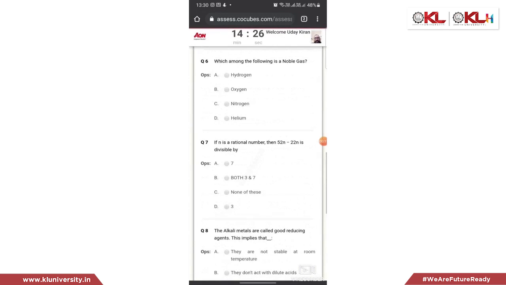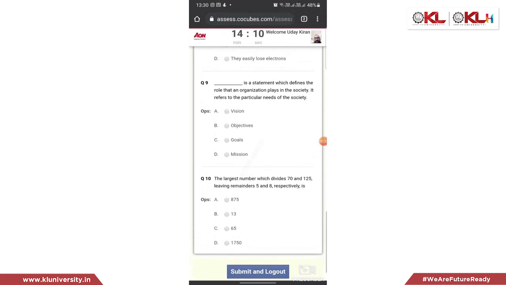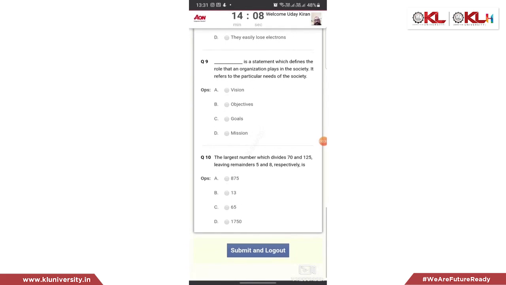Let's say if your internet is interrupted or gone while taking the assessment, do not panic. Your test will continue. Let's say if your internet is back before your timer ends. In that case, your answers will be automatically saved.